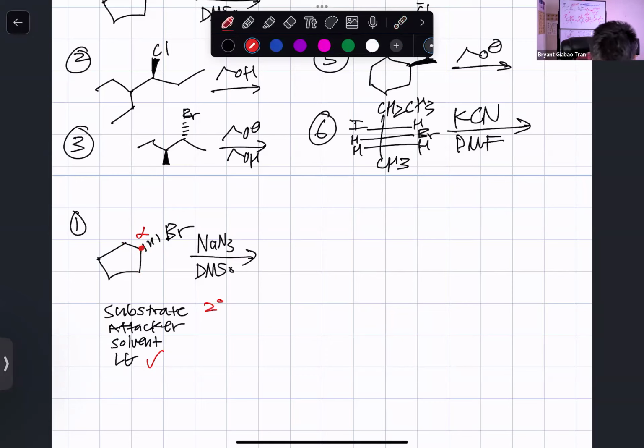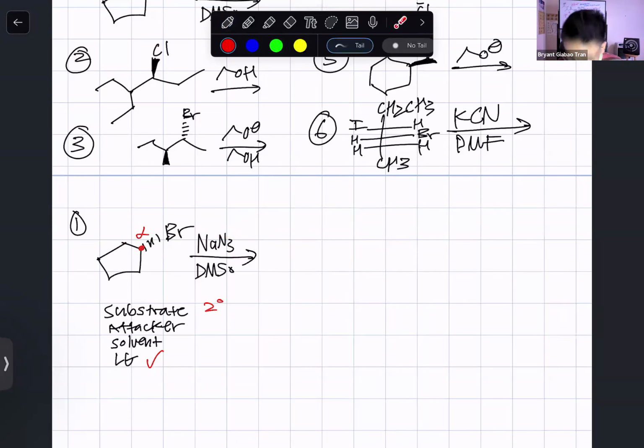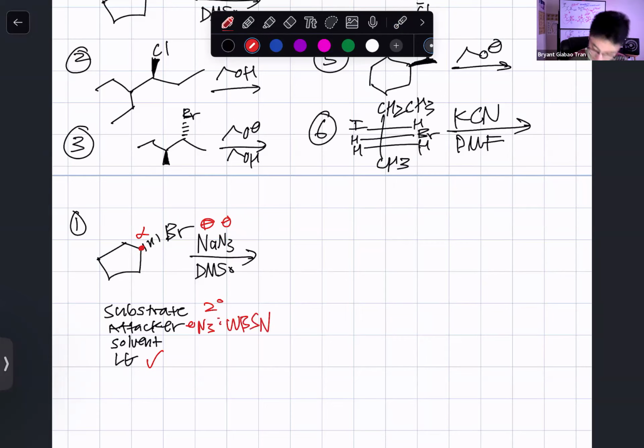Right? The type of attacker we have here is NaN3. NaN3 is a weak base weak nucleophile because whenever you see Na, always ignore that because that's a spectator ion. It always has a positive charge, which means that the N3 is a negative charge. The N3 minus here is a weak base strong nucleophile, right? And the type of solvent here, if you see random letters like DMSO, DMF, THF, any of those random letters, this is an aprotic solvent,